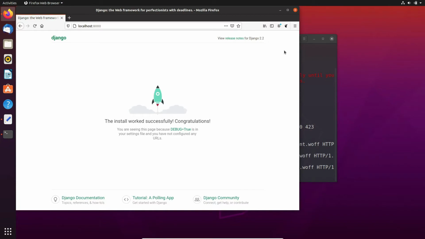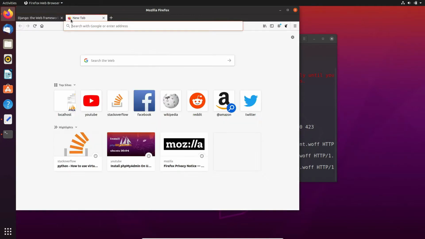Before installing the MySQL client, you need to have phpMyAdmin. If you don't have phpMyAdmin and you don't know how to install phpMyAdmin in Ubuntu, I have given the link in the description below. You can access that link and watch that tutorial to install phpMyAdmin in Ubuntu.